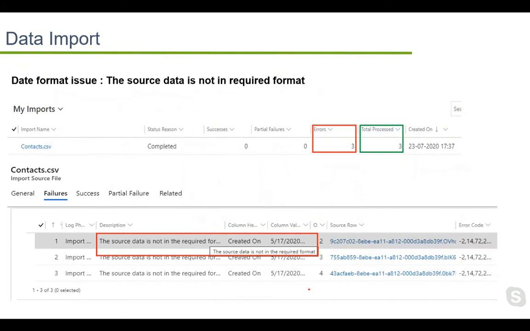Date format issue. We have got multiple questions on this topic, so we are trying to cover this point here in the slide. Whenever you are facing this kind of issue related to date format, we need to compare the date format of the source, and after that the date format of the target, and then we should try the data import. So I'll share my screen and we'll have a demonstration on this topic.